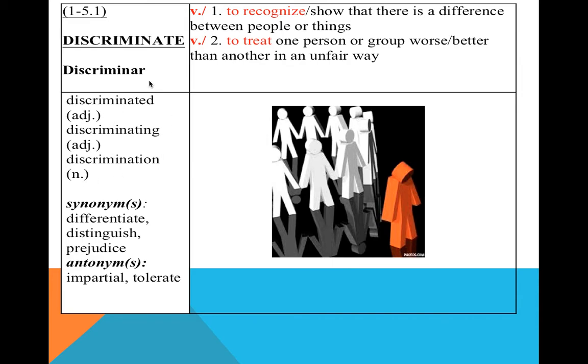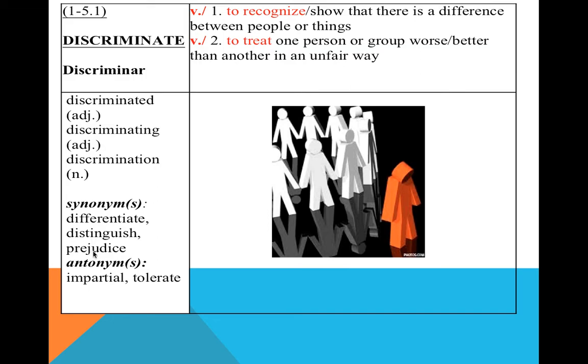Let's go for the family words. Discriminated, used as an adjective. Discriminating, used as an adjective again. And discrimination, this is a noun. Synonyms, we have differentiate,